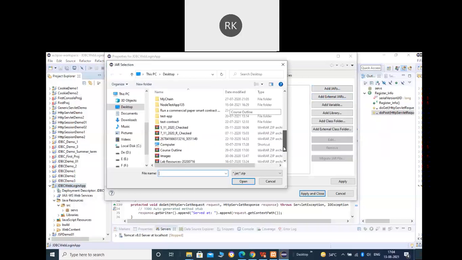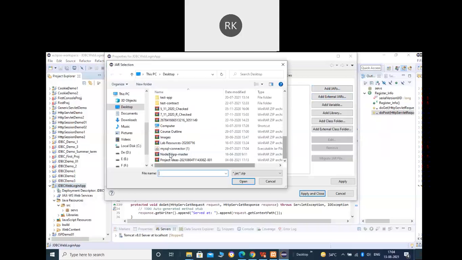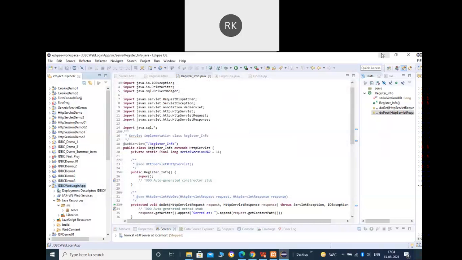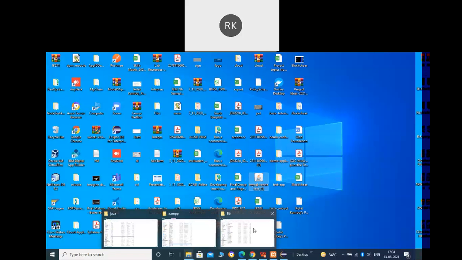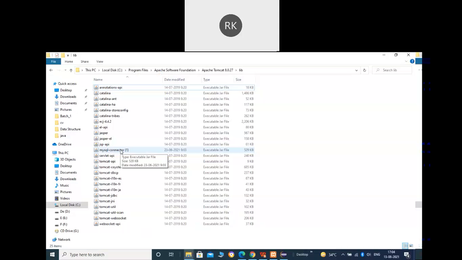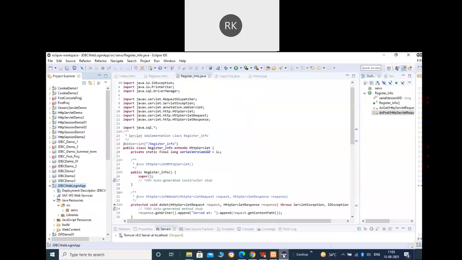Let me try to browse the location. I think we got it from there. So go to the build path, add external jars. Am I having that on the desktop? Yeah, here it is, the MySQL connector. Okay, this is the name.